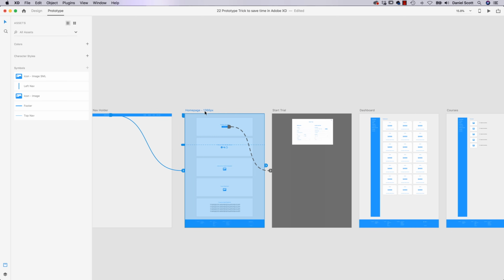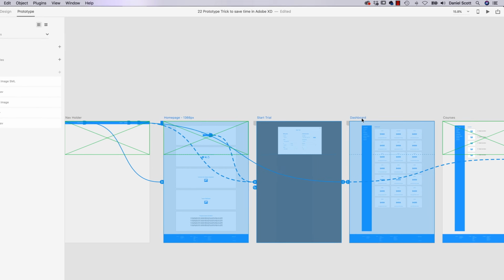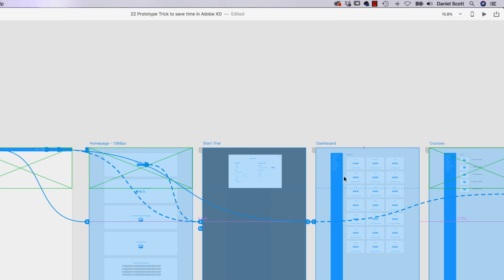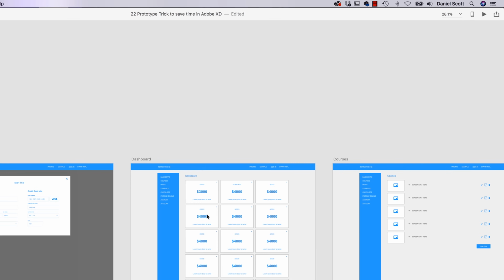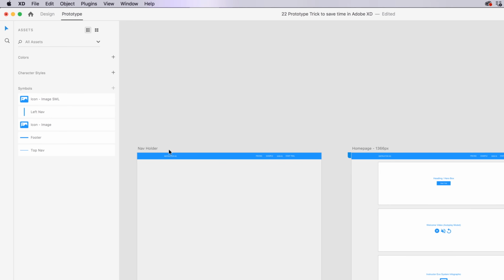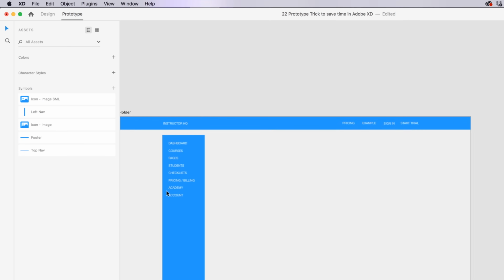Okay, I'll show you another cool little trick. I'm going to click on the word here, hold shift, click on start trial. I'm holding down that shift key the whole time, clicking on all the course names, and then watch this, ready, paste. Puts it in all of them at the same time. It's great for footers and navigation, and I'm going to do the same thing with this left-hand nav. I'm going to grab you, my friend, copy it, come over here, paste it. Okay, and this is going to be